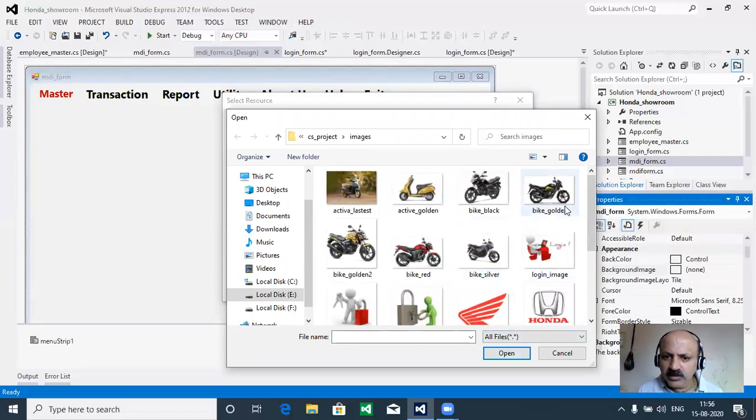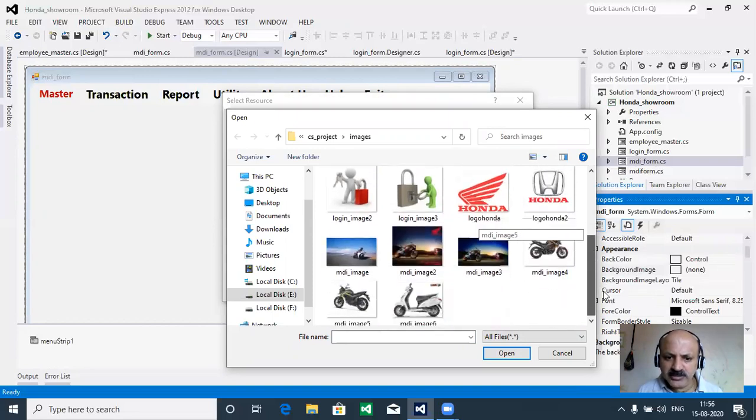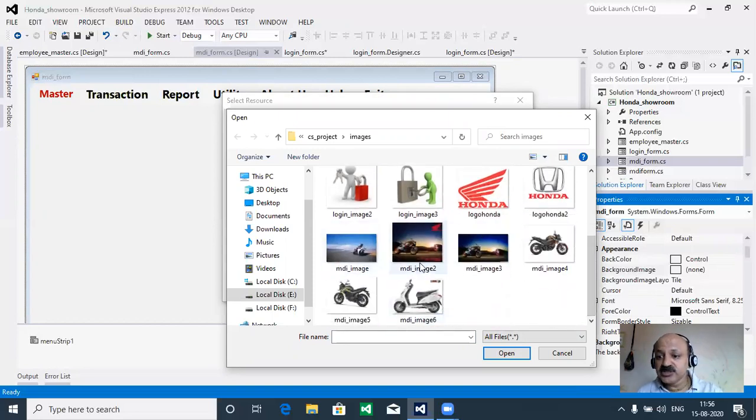So here we can say that is a background image. So here I just prefix your image name, in the proper way. So here there are 5 possibilities like MDI image 1 2 3 4 5, there are also six possibilities. So we can take some light image, because our main goal is we just take one image, but our menu should not be hidden, so you should not select a dark image first. That is my advice. So here we can take some light image.